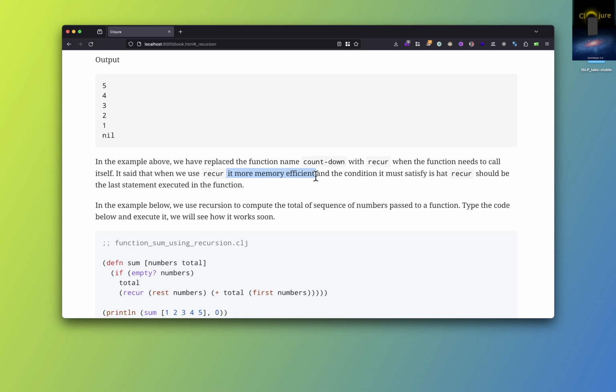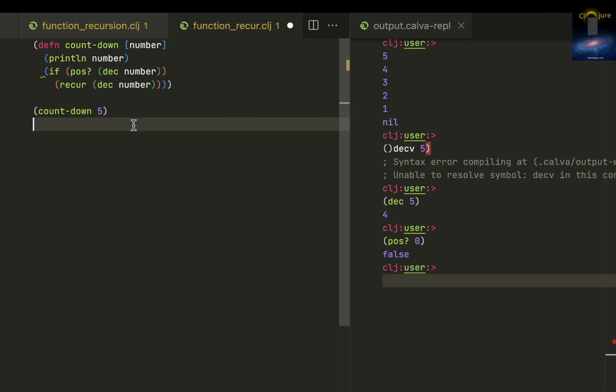It's more memory efficient and condition. Okay, it should be that. There are a lot of spelling mistakes in my book. I need to correct it. Okay, fine. So recur is more memory efficient, and the only thing the condition it should satisfy is